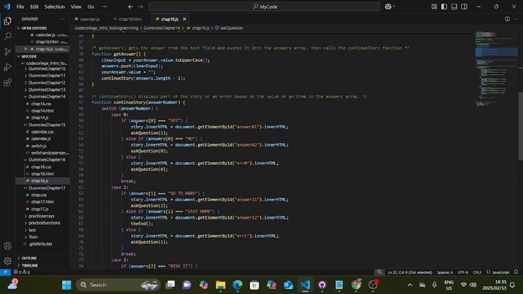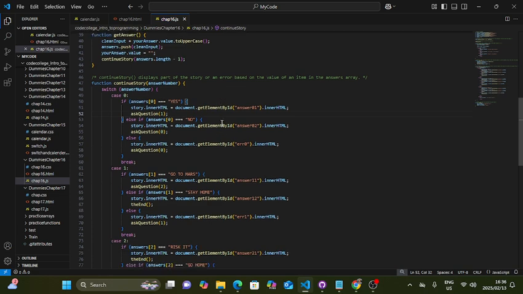So you have the switch, and then this parameter answer number, and under this you have case 0, right? And within this case there's an if statement. This if statement's condition is if the answer is equal to yes, then what happens is basically,